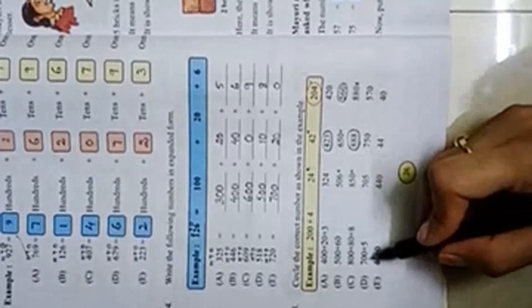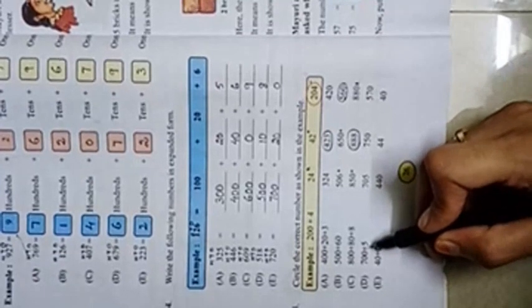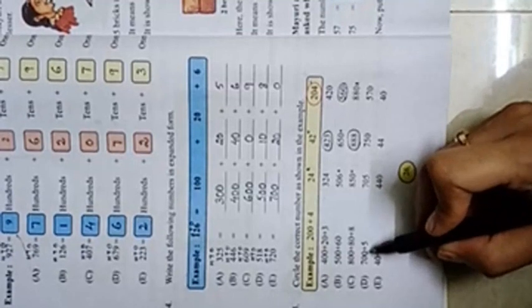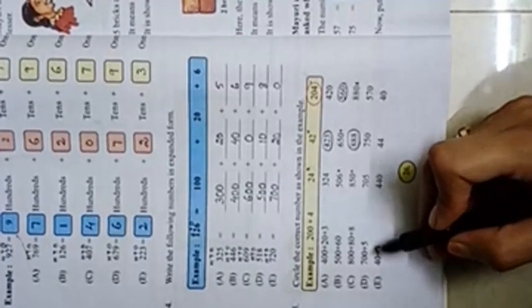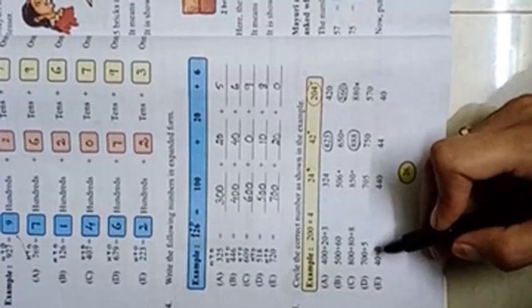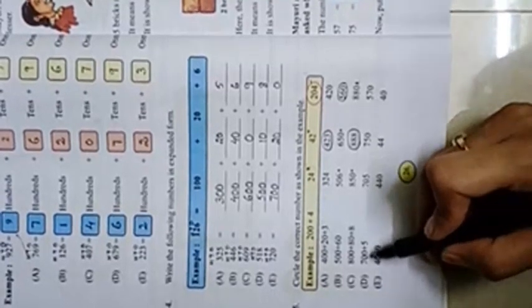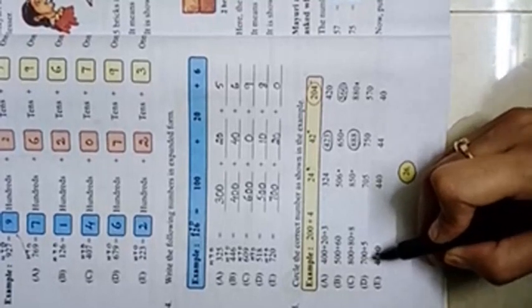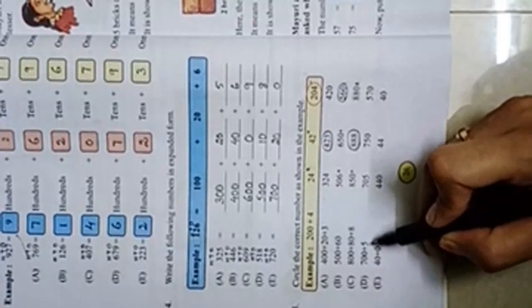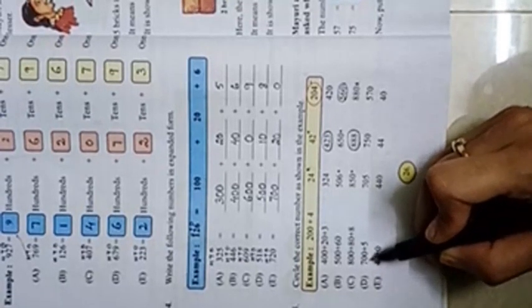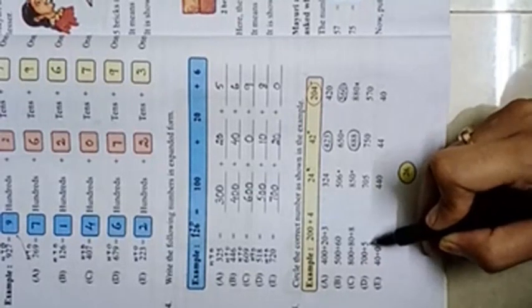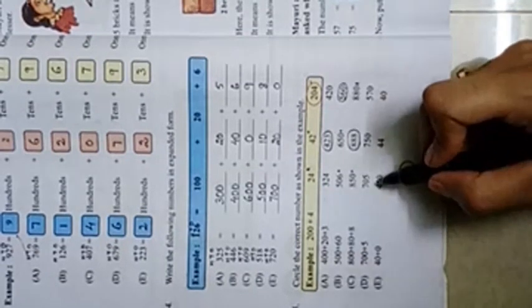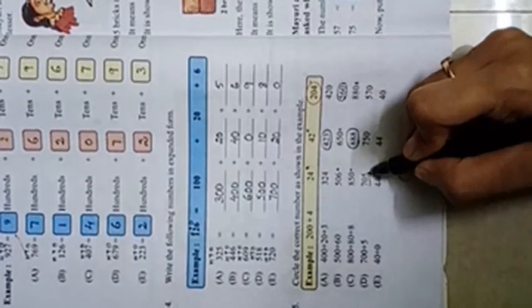Now here we have a 3-digit number. There is no 2-digit number. So in the tens place, be careful. If a 2-digit number is not given, in the tens place, what will you get? 0. So don't get confused, children. If a 2-digit number is not given, in the tens place you will get 0 only. Here you have the ones place number and the hundreds place number. 705. 7, 0 and the ones place number is 5. So where is 705? Yes, here it is.